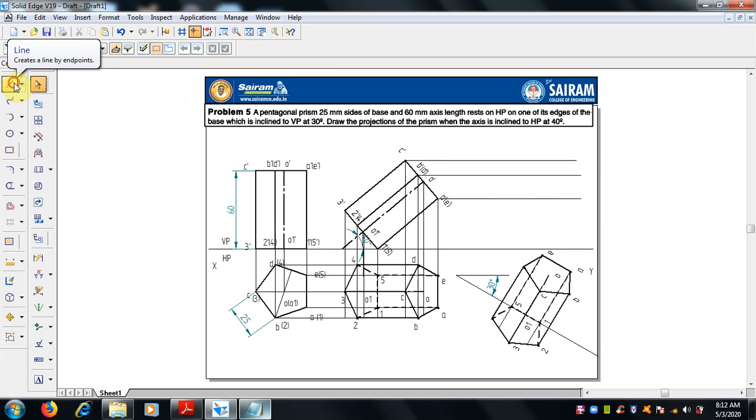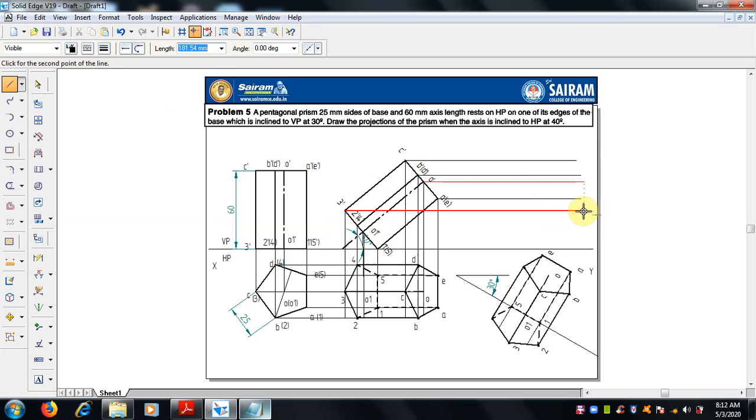Project this. From 3 dash, from 2, 4 dash, yes. And now 1 dash, where it meets, it will meet here only.